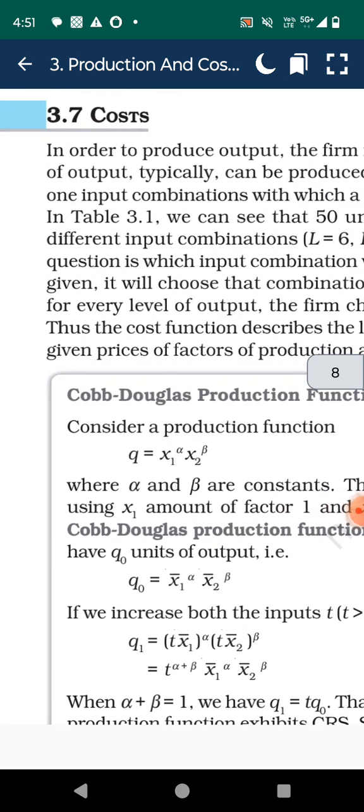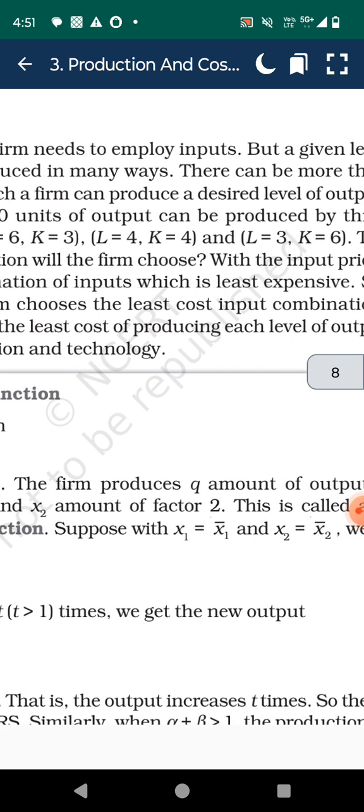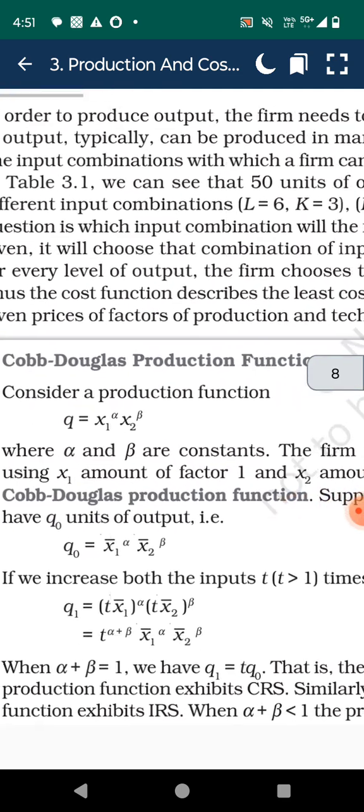Cost. In order to produce output, the firm needs to employ input, but a given level of output typically can